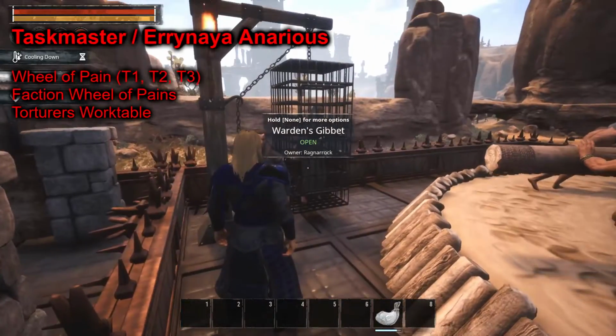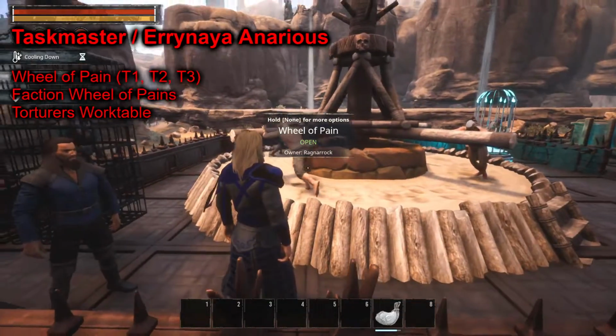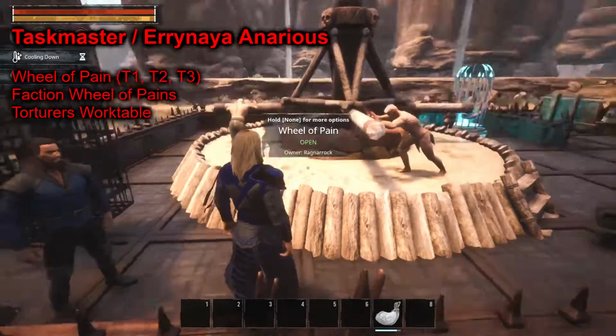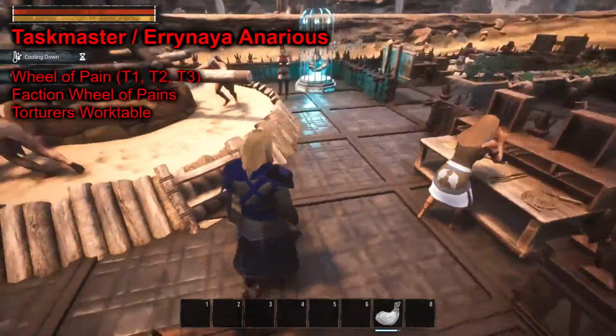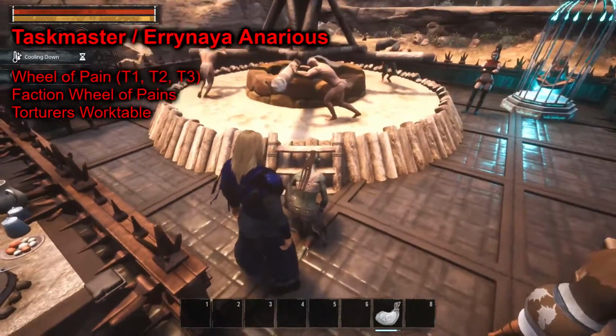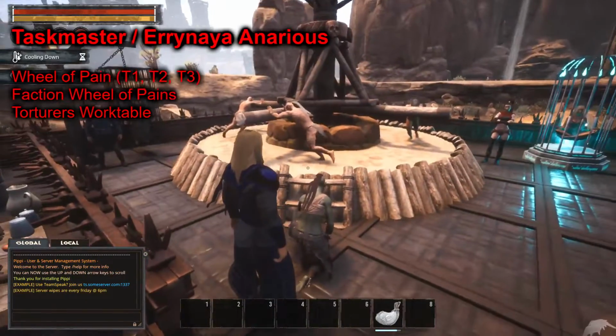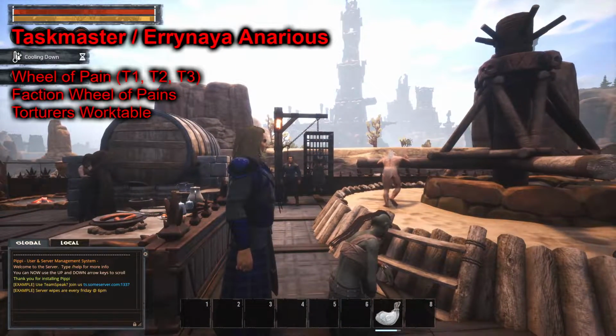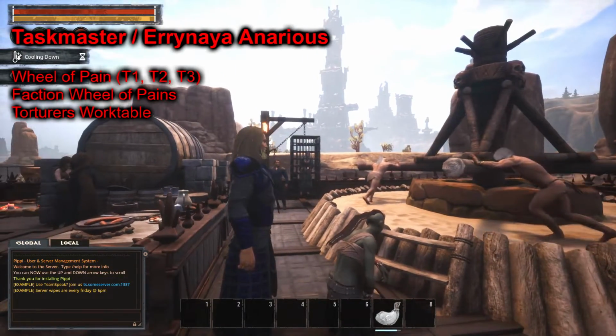They will actually break thralls faster than a vanilla named Taskmaster will in any of the wheels. And from my testing, last time I tested this, they will not speed things up in vanilla. They will act the same as a named Taskmaster in a vanilla station. They will only work faster than a vanilla Taskmaster or vanilla named Taskmaster if you put them in an actual